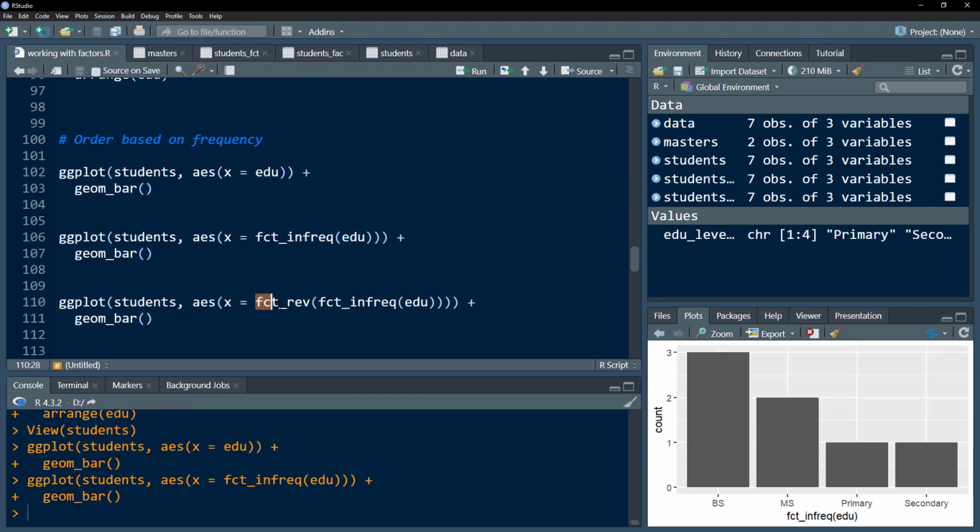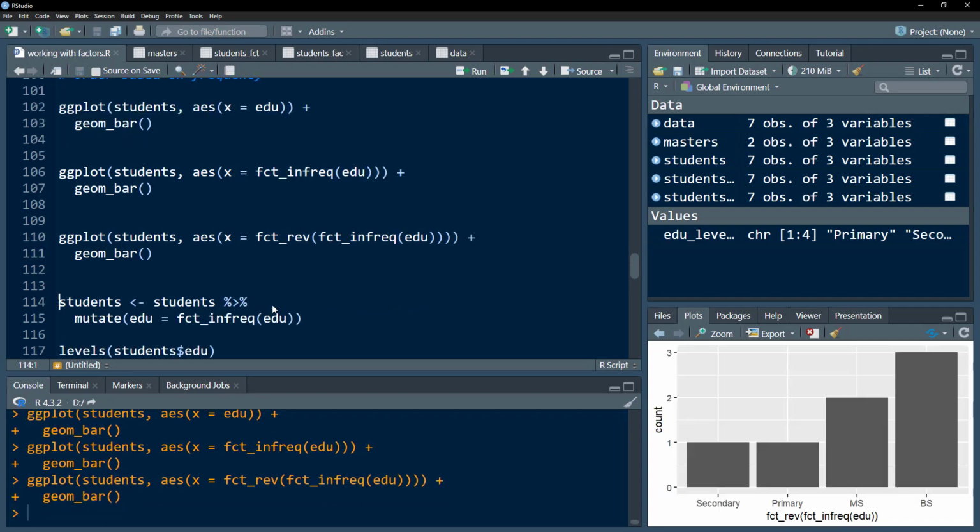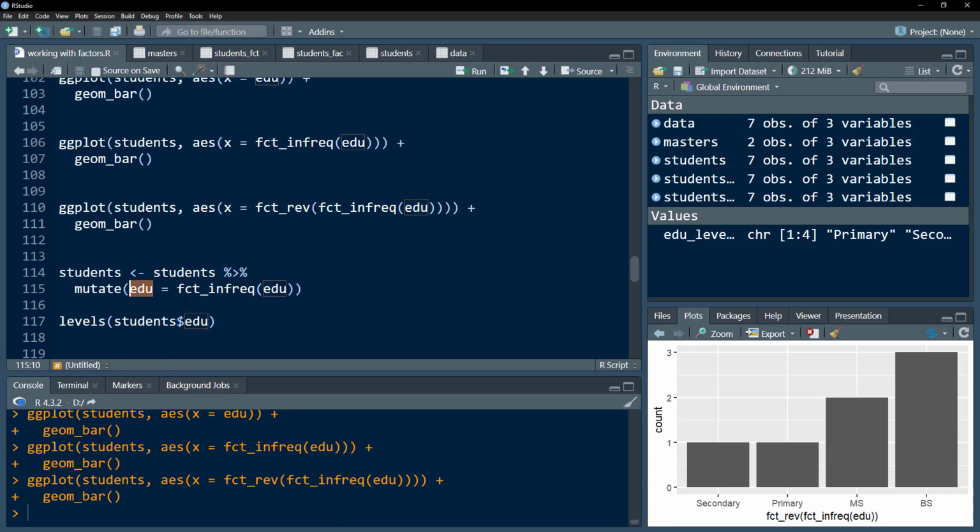Now, if you wanted to reverse the order, we can use fct_rev, and that would reverse the order. In this case, we didn't change the order within the data frame; rather, we changed the order while we were plotting the data. But we can change it within the data frame. So let's take the students data, mutate the education variable, that would change the order, use fct_infreq, and change the